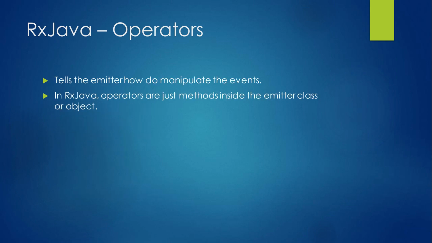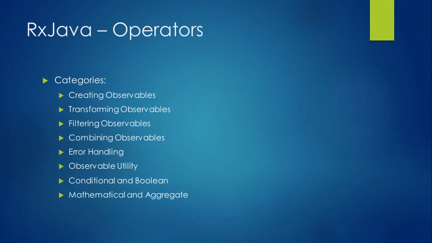So just as I said, they are just methods that help the emitter manipulate. By manipulate, I mean transforming, filtering, and many other things that we're going to see in the categories. RxJava has a lot of operators for different things. That's why they have these predefined categories. The first category is creating observables. It's basically the operators that exist for creating